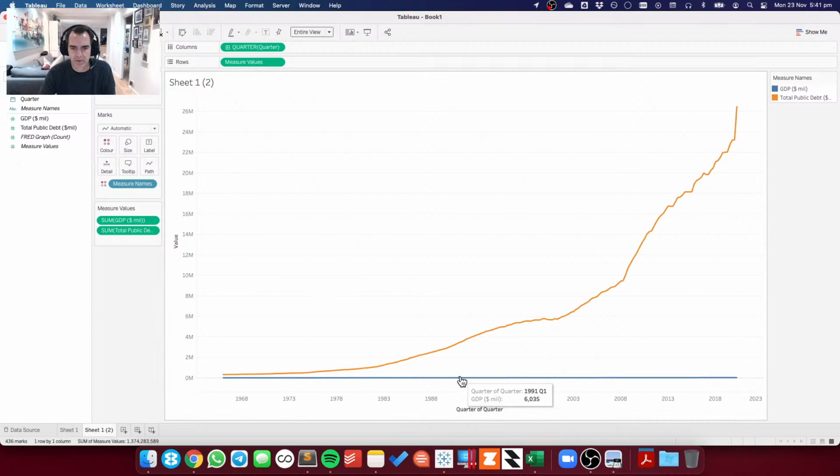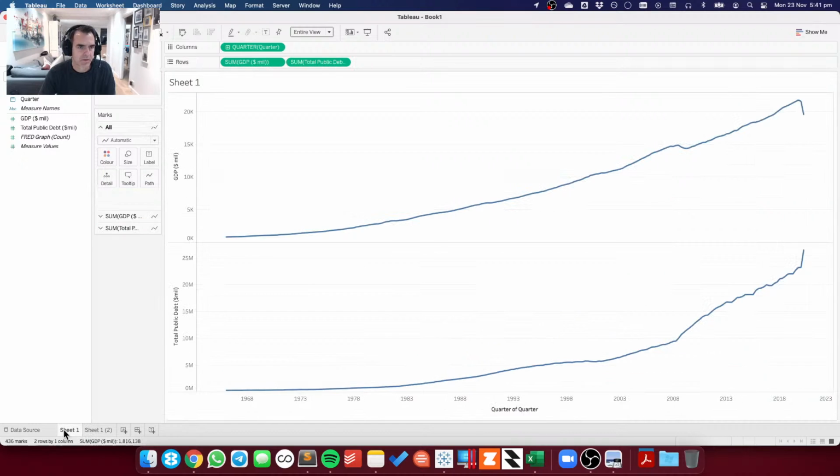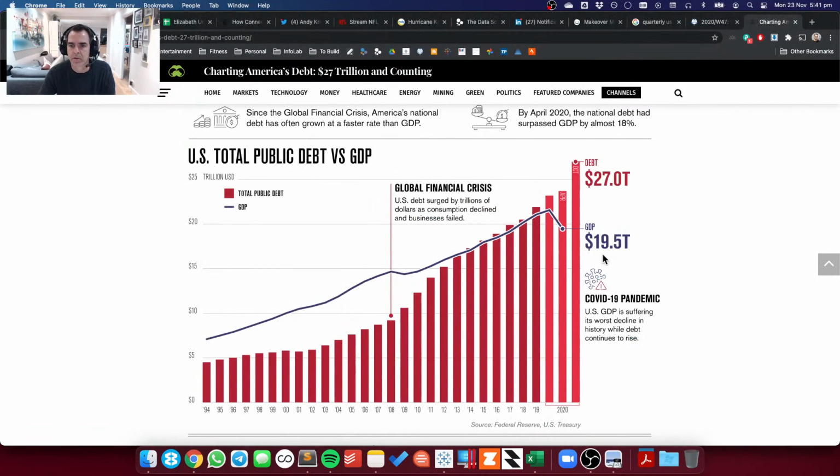Okay, so what's going on here? Is that right? 20K. Let's see. So the debt is in millions. Let me go back over here to the original. The debt is that. The GDP is, okay, so something looks a bit weird with the data.